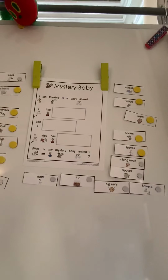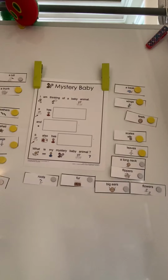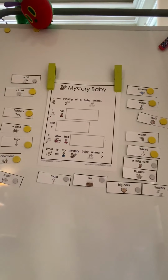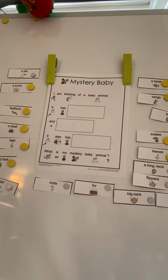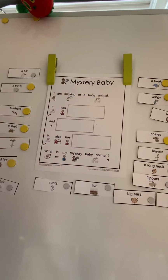I am going to think of an animal, and I'm going to give you 3 hints. Let's put this up a little closer. So I have a variety of hints that I can pick. And then you can try to figure out what I'm thinking about. So my animal, or baby animal, mystery baby animal,